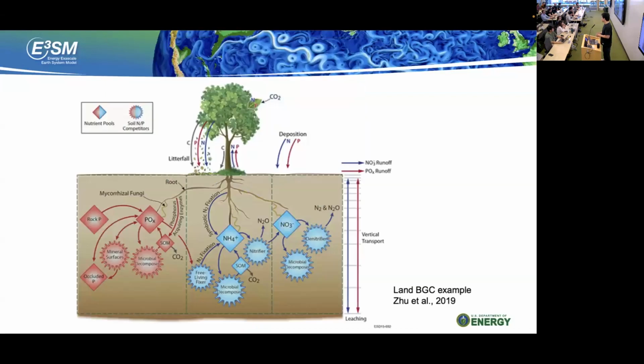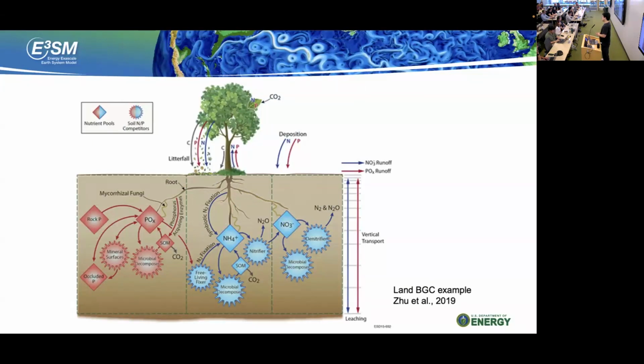And so let's zoom a little bit into the land surface, so we can have a closer look at the BGC encoding in E3SM. This is one of the versions. We have multiple configurations. This is called the ECA configuration. But in general, we have CNP with carbon, nitrogen, and phosphorus cycle through the system. And the BGC reactions happen in the tree and also below ground in the soil, with interaction between root and the soil. So you see there are many different pools and fluxes. They have interaction with each other.